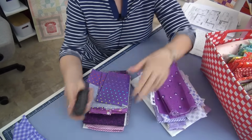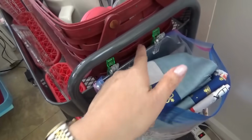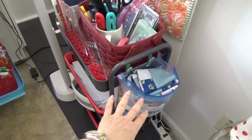Oh, do you want to see my scrap bag? I actually did a little video of it when I was working the other day. I keep these Ziploc bags and these giant Wonder Clips. Two of them seems to work really good. I can stuff this, it doesn't fall off, and that bag then I'm going to call this one done,